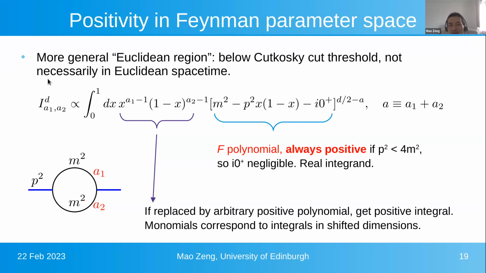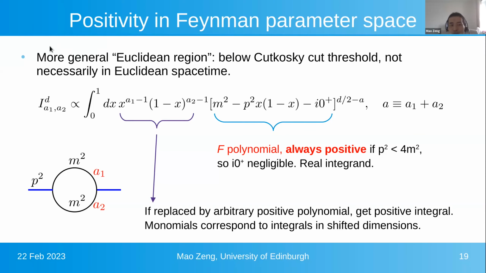I know that the integral is real valued because the cut doesn't exist and you cannot get an imaginary part. The real valuedness of the integral becomes manifest if you write down the integral in Feynman parameter space, allowing arbitrary powers a1 and a2 for the propagators, you get